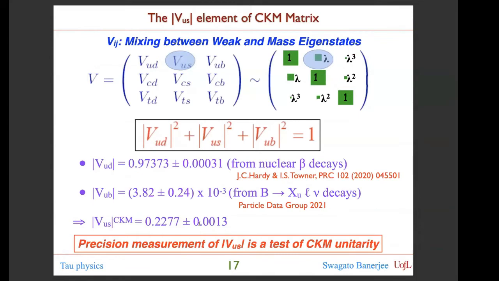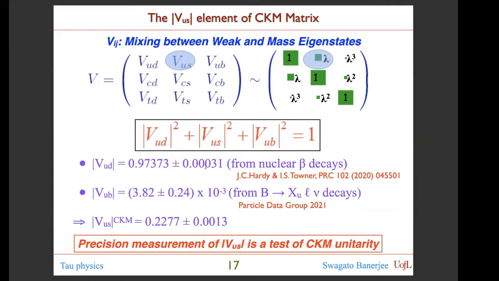Next, I will move on to the CKM measurement of the Vus from tau decays. To introduce the CKM matrix, the Vus is the largest off-diagonal element. And from the first row, we can obtain this constraint, namely |Vud|² + |Vus|² + |Vub|² equal to 1. The Vub plays a very minor role in this